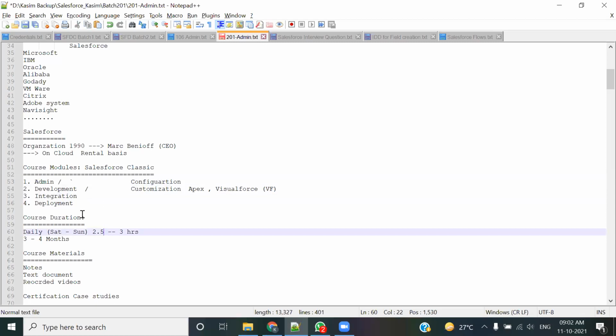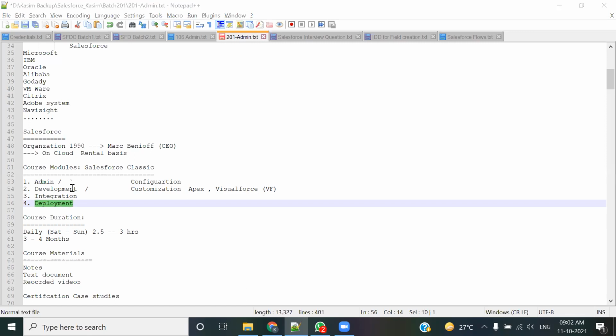Let me give an introduction on what you are going to learn in every module. Admin is purely a non-coding module. After that, we'll move on to the coding part, and that is what we are going to do in development and integration. These 2 are the coding parts. Deployment is again a non-coding part. So for development and integration, you need to code something. Now, if you ask me, sir, how much coding do we have to do, and what should be the knowledge? Do I need to learn some other programming language?